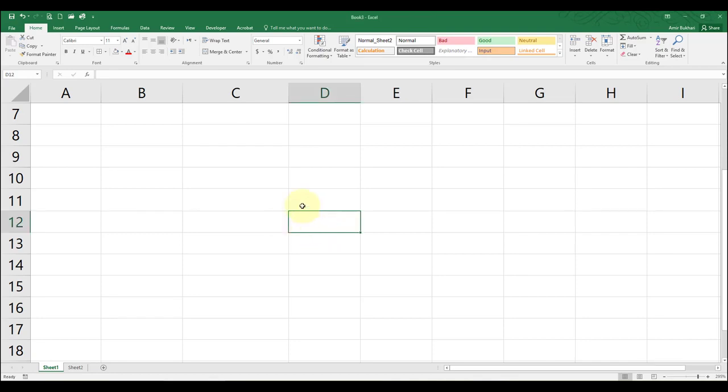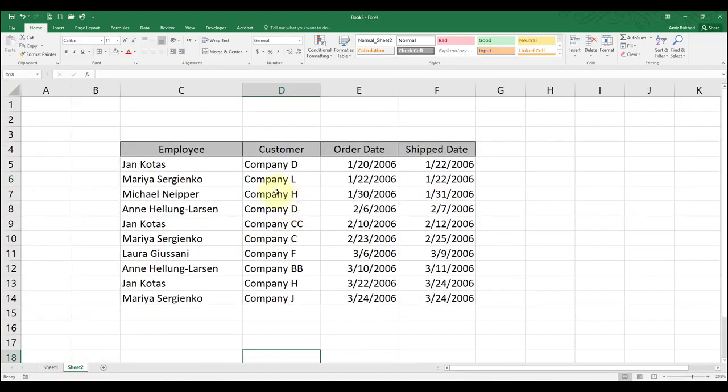In this tutorial, we will see how to use auto filters. Before we can apply the auto filter, we need to have some data in our worksheet. Let's say this is our data. To apply the auto filter, you need to have your cursor inside the table. You can have it anywhere in any cell.